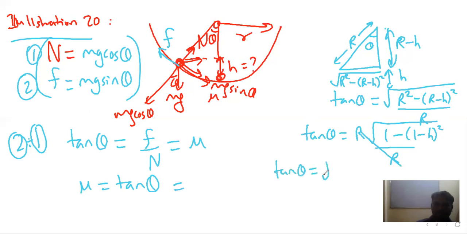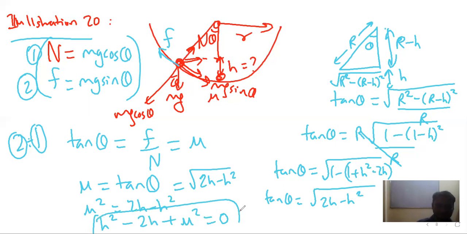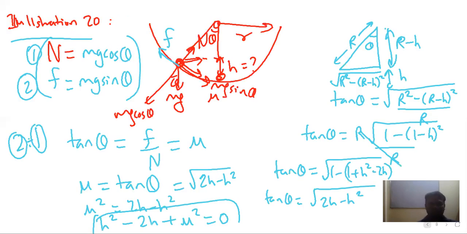So tan theta is root of 1 minus 1 plus h square minus 2h. So this is tan theta, which is root of 1 minus 1, which is 0, 2h minus h square. So this is root of 2h minus h square. Let us square both sides. So mu square is 2h minus h square. Now we have a quadratic equation in h. On solving this quadratic equation, we'll get the value of h. We have to find the maximum height. So let us solve this quadratic equation. H square minus 2h plus mu square is equal to 0. This was our initial equation. So from this next equation, we get